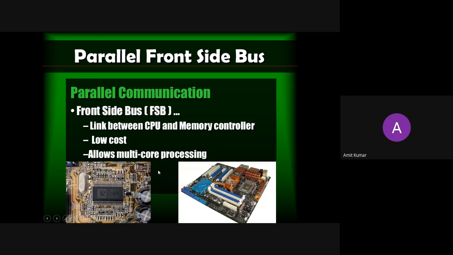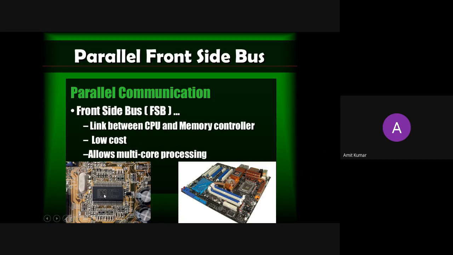Second, we also use parallel communication inside your microcontroller. As I suggested, inside your microcontroller we have ADC, DAC, and other peripherals. If you see the figure below, these are the ports. This is a RAM port available on your motherboard, where you can connect the RAM. This will use an internal bus to transfer the data from your RAM to your microcontroller. This is your microcontroller, either Intel or AMD.